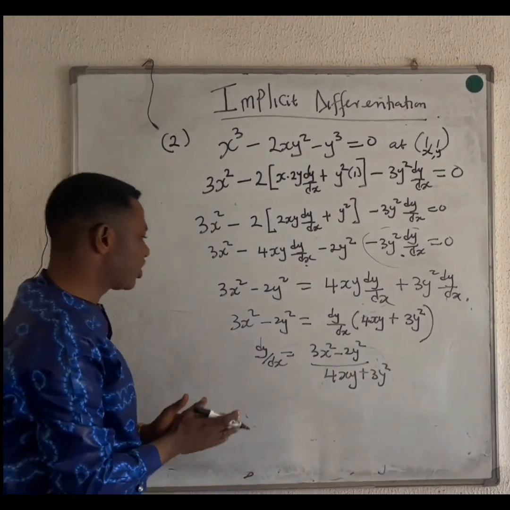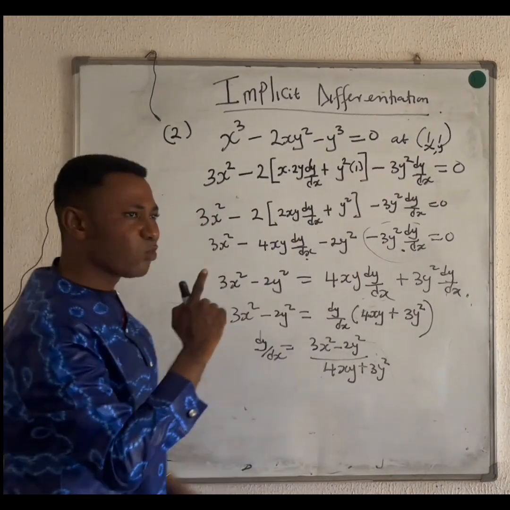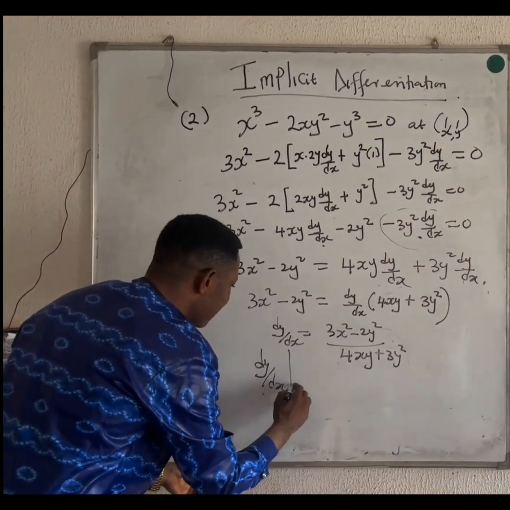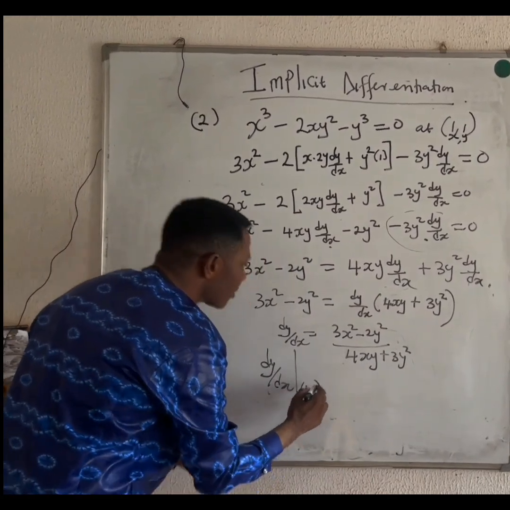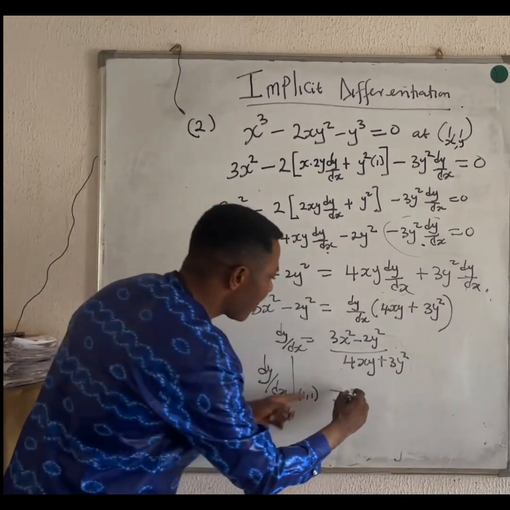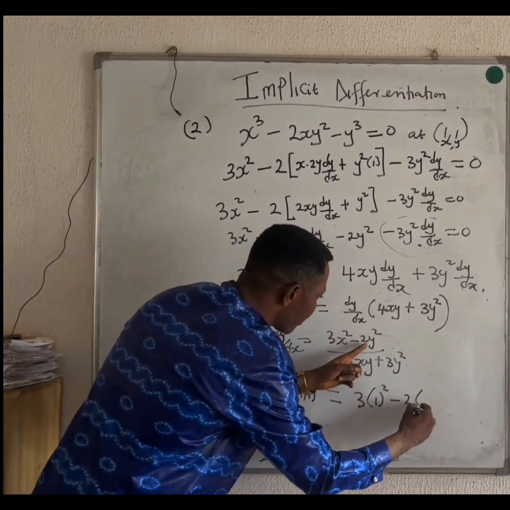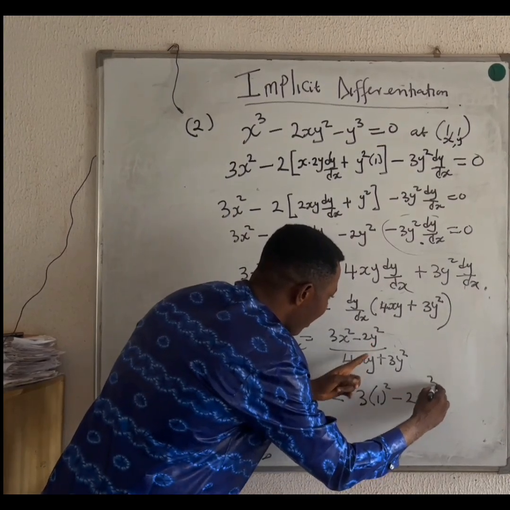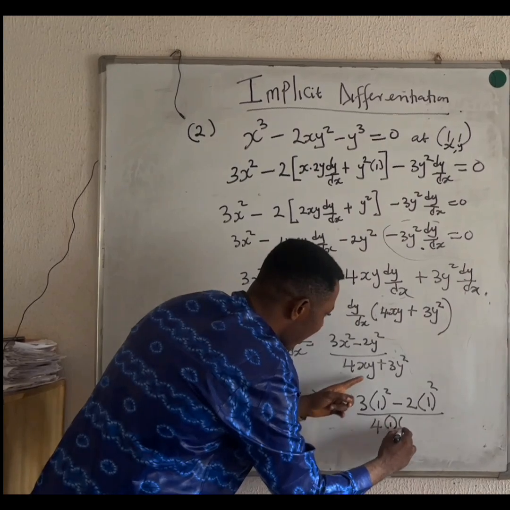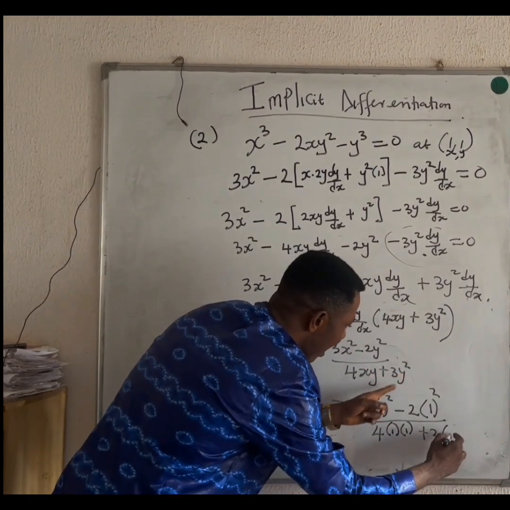Now, we have differentiated implicitly. But we need to put, they say at point 1, 1. So the dy/dx at point 1, 1. Like I told us, anywhere you see x, put 1. Anywhere you see y, put 1. So here we have 3 into 1 squared minus 2. What is my y? 1 again, squared, all over 4 multiplied by 1, then multiply by 1 again, because y is 1, plus 3 multiplied by our y, which is